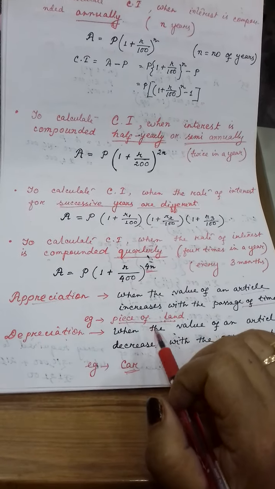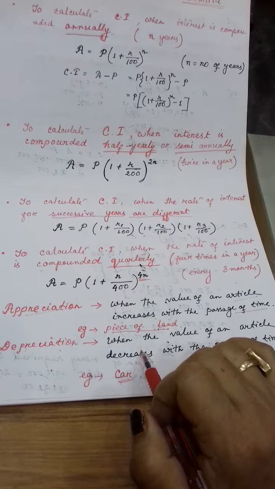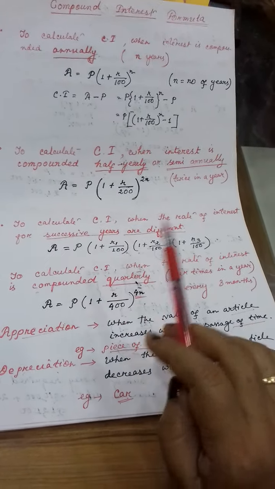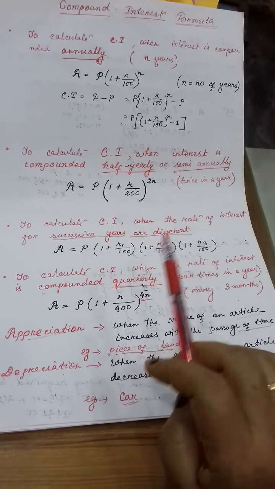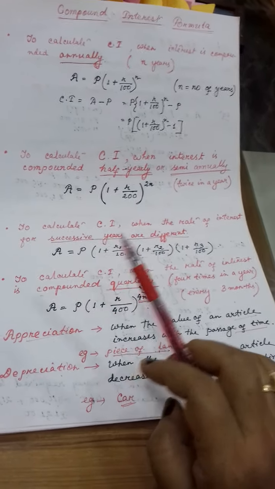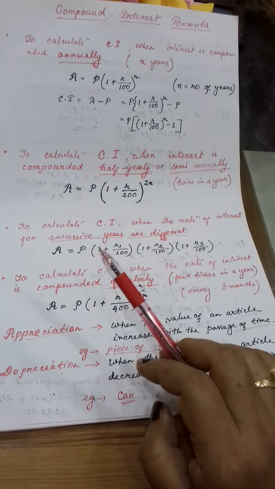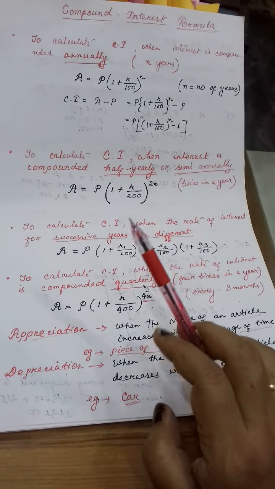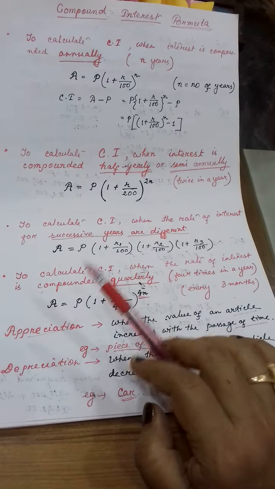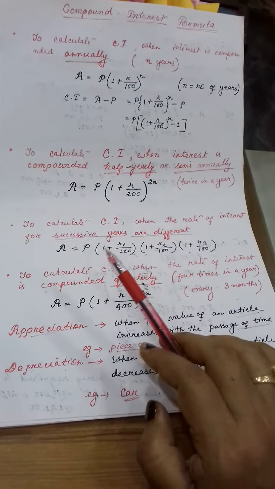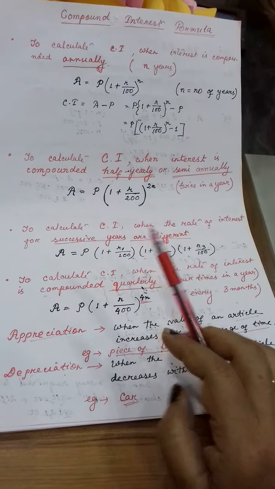In this way you can get other examples also. So these are the formulas for compound interest. Next class I will move on to the exercises. Clear? So all these I have attached in the documents also. So write down the formulas, practice the formulas before you start with the exercise. These formulas should be very much clear to you all.